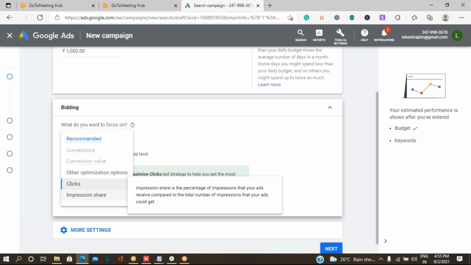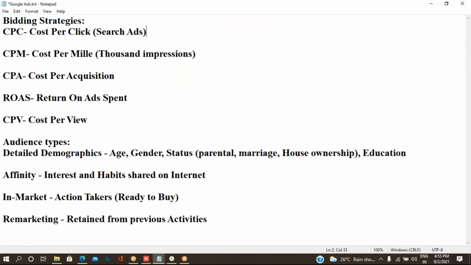Based on that, once they cross 1,000 impressions, only then are we charged. It is just for displaying the ads on the Google search engine or any other partner sites. Whenever it shows 1,000 times, only then is it charged on your advertisement.